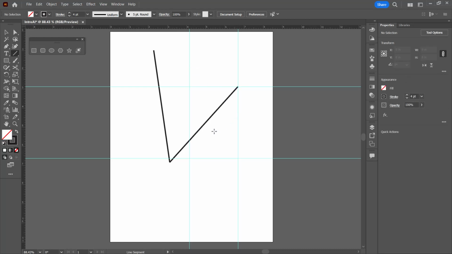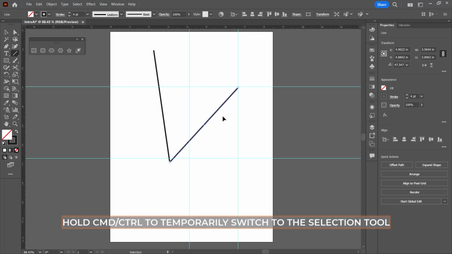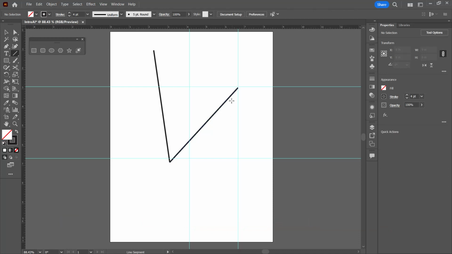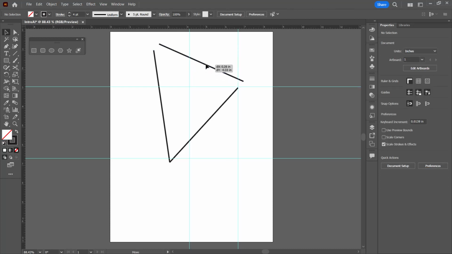But if I do draw, let me undo here. If I drew that line again, I let go. If I just hold down my Command or Control key, you can see it turns temporarily into the selection tool. So now I could click somewhere else, let go, I'm back to my line tool, and I can draw that line. So if I go back to my selection tool, hitting V,